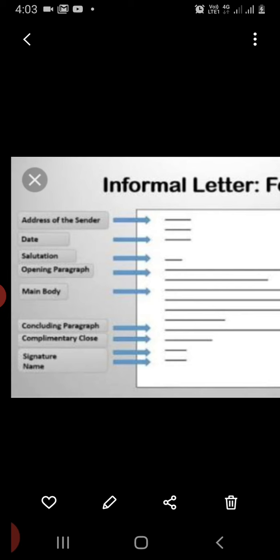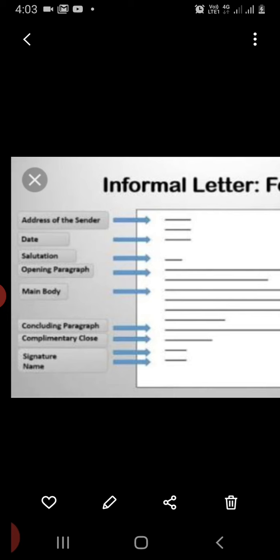That is the first, the opening paragraph, an introduction which gives the reason for the letter, why you are writing the letter. The second is the main body, which is the main message you want to convey to the particular person. And after that the concluding paragraph, a conclusion which always contains a polite wish. It should be well arranged and divided into separate paragraphs unless it is very short.